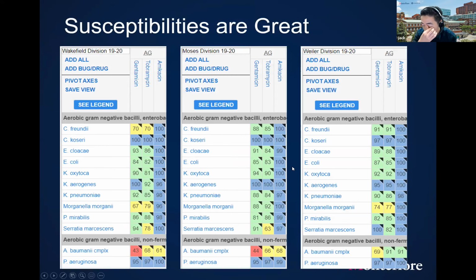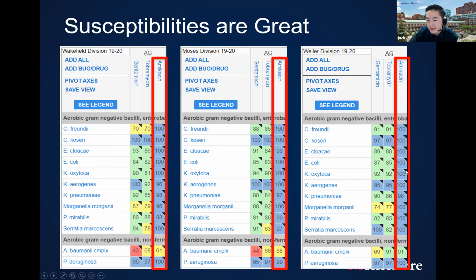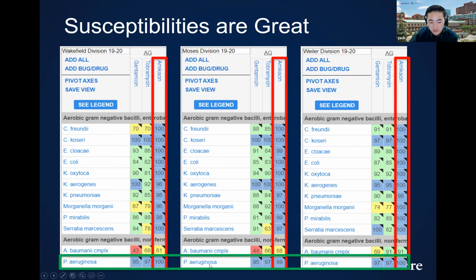If you look at our aminoglycoside susceptibilities, they're actually really good, just because no one really uses them anymore. So this has managed to really increase the susceptibilities to almost 100% for amikacin. Typically among the 3, if you want to give something and have it not be resistant, it's going to be amikacin. This is at all 3 campuses for different gram-negative bugs. You can see that amikacin is pretty amazing. And then for Pseudomonas, again, it's